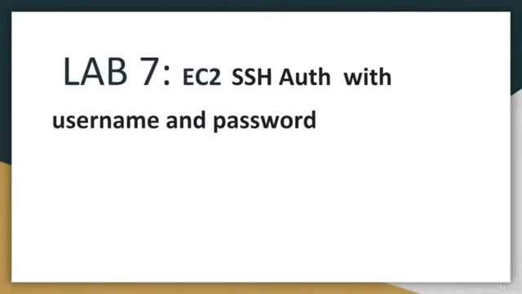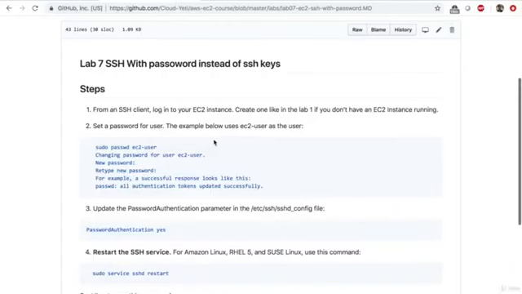Hey everyone, welcome back. This is lab number 7. The title of this lab is EC2 SSH authentication with username and password. Let's go to the course repo on GitHub. So the steps for this lab are, first of all,